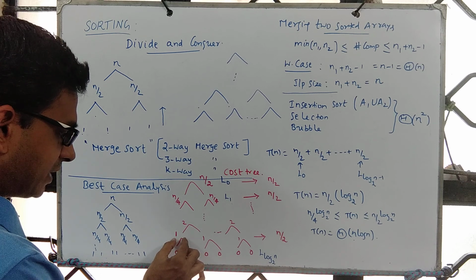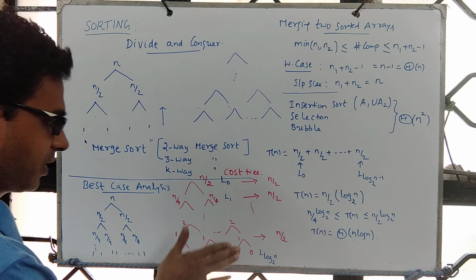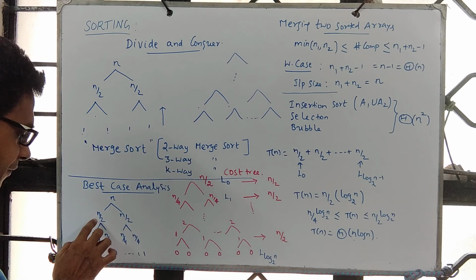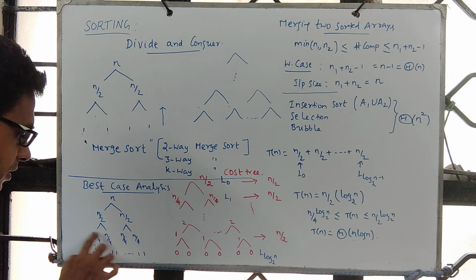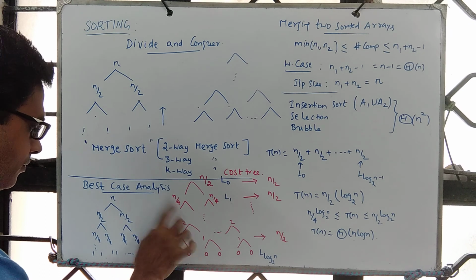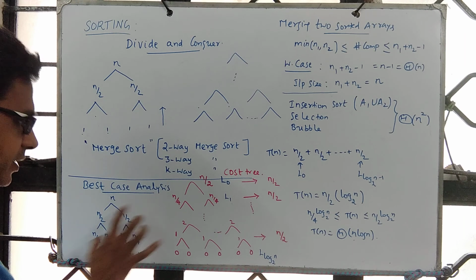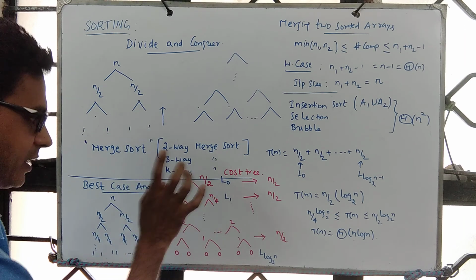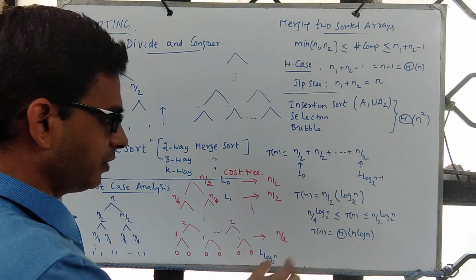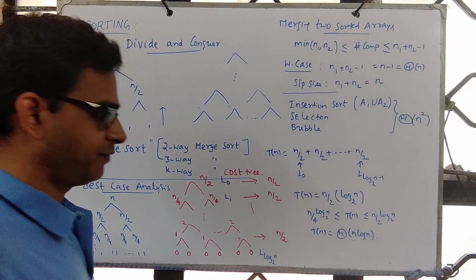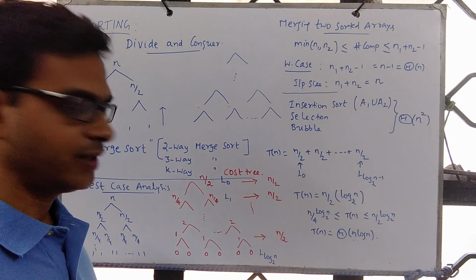Then you have a sorted array of size 2 here, a sorted array of size 2 here. To merge them, cost is 2. And we keep going up. When we come over here, we have two sorted arrays of size n by 4 each. To merge them, we need n by 4. Then we have two sorted arrays of size n by 2 each. To merge them, we need n by 2 to get a sorted array of size n. Interestingly, at each level it is n by 2. And if you simplify, we get theta of n log n time. Now we shall look at the worst case and see whether we have made real progress.